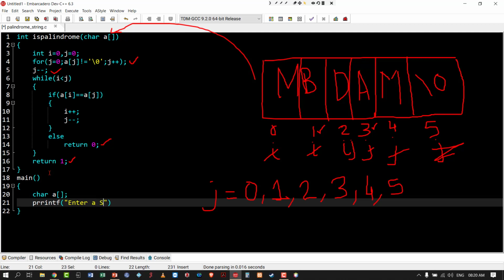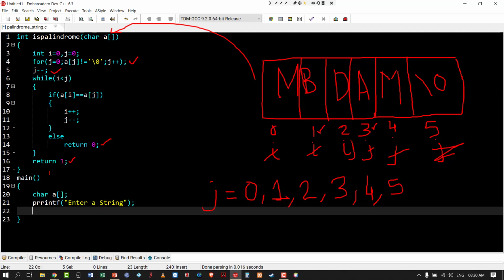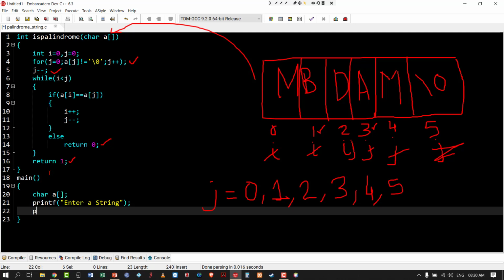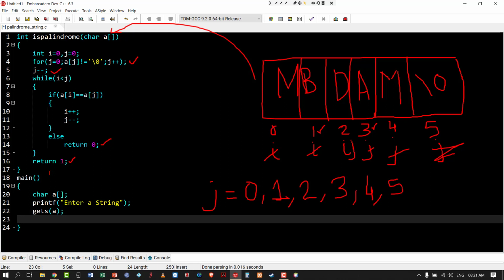Enter a string. Puts, gets a. Then I am writing a statement. If is palindrome of a,